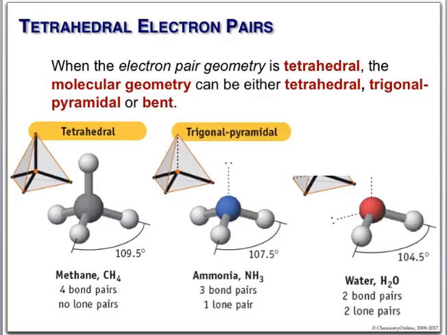Just to complete the set for tetrahedra, if we have 4 real things around, that's like methane, a full tetrahedron. If we have three things around, trigonal pyramidal looks like this, and only two, that's our bent, and that's water. Now there might be a question about this